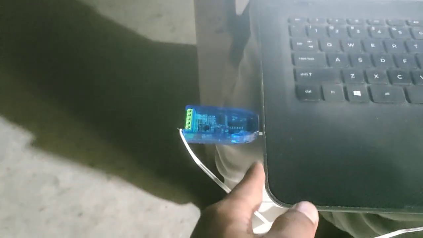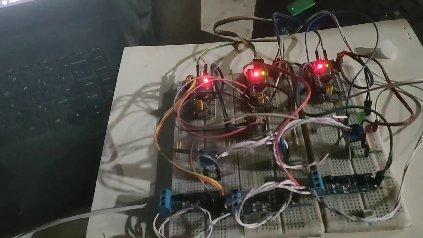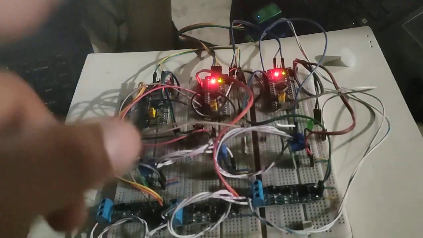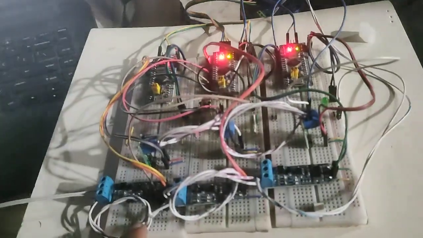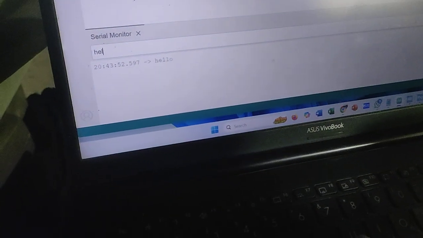First of all, we are sending the data using our IDE serial monitor from USB to the RS485 module, the USB converter, and from here our data is going to the RS485 to TTL module, and it is sending the data to its corresponding MCU, and the STM32 is setting the baud rate. From here our data is going to this RS485 to TTL module, and from here to here, and then we are receiving the data from here to the USB converter, and using this network we are achieving the data which is "hello."